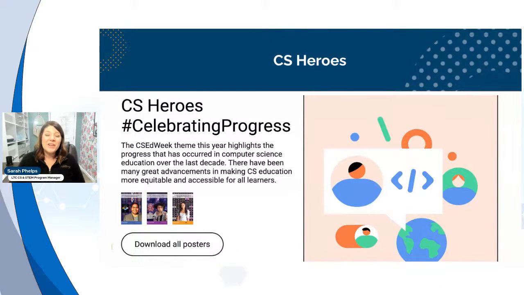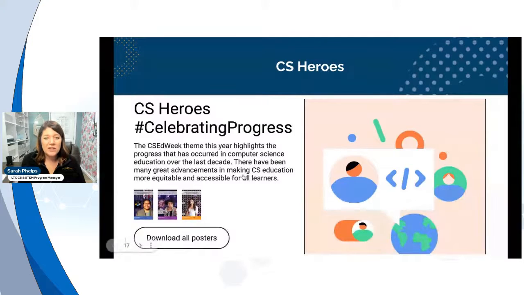Well, there's another kind of way to look at CS Education Week. It's a chance to start to build an awareness of who belongs in CS, right? And the answer is everyone. And who is doing CS already, so that students can start to see that they fit into CS by seeing role models and people who have similar interests or maybe look like them. So CS Ed Week actually has a website dedicated to all things about awareness. There are amazing posters. I'm going to head there.